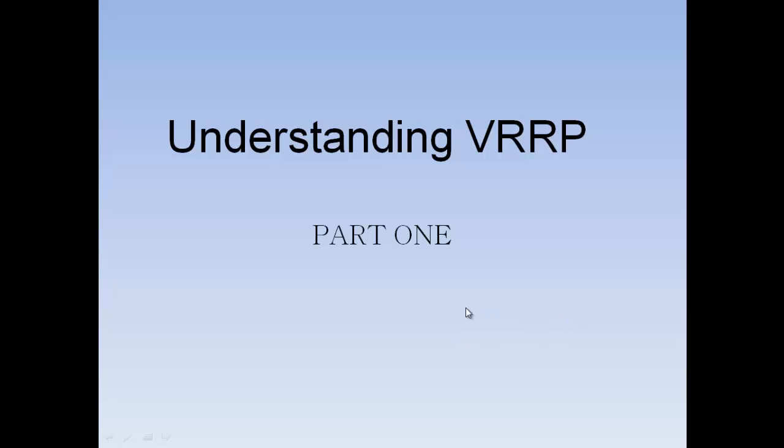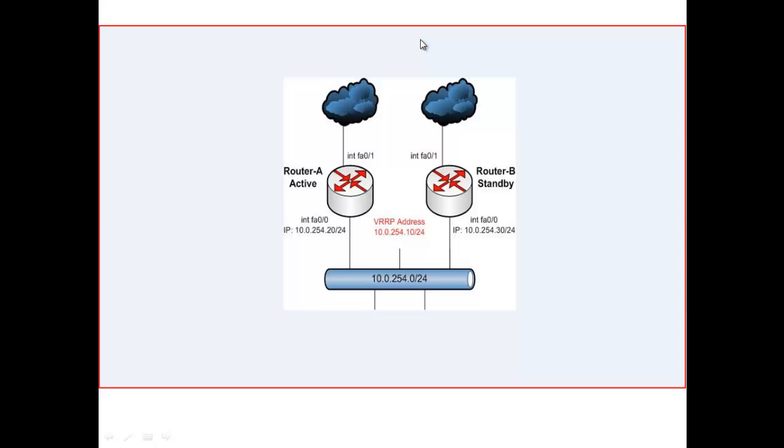Now let's look at a diagram so that we explain more on this. This diagram here depicts a network setup. We have two routers: router A, which is active, or basically you can say master, and router B, which is in standby mode, which is the backup router, connecting towards the network. You can see the network cloud. But meanwhile, in this setup, we have clients or users or hosts which will be going through these two routers to connect to the network.